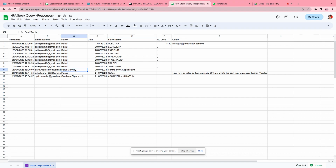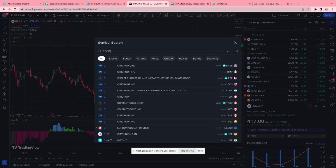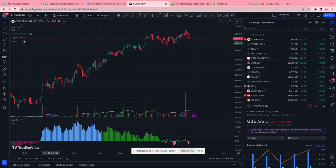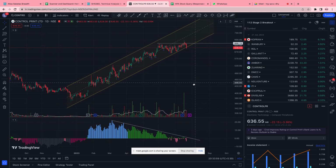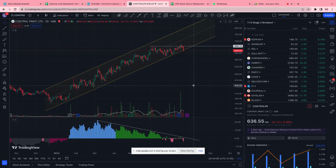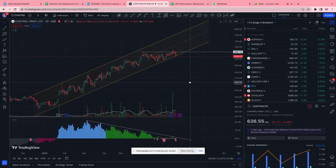So the first one, Parul wants to discuss Control Print and Kaplan Point. So Control Print is right now at the edge. See what has happened is there was a nice little uptrend, and right now it's basing. Okay, so if you just see,